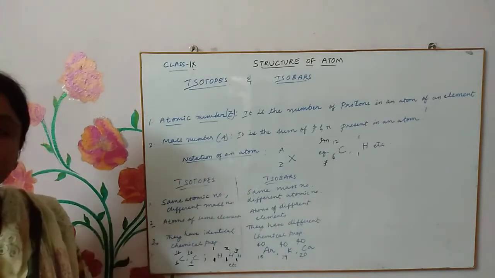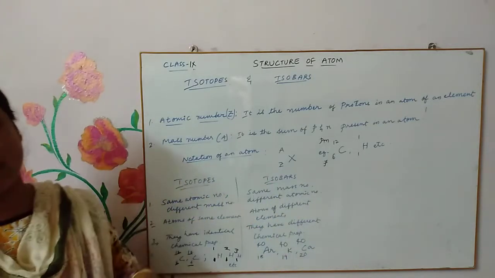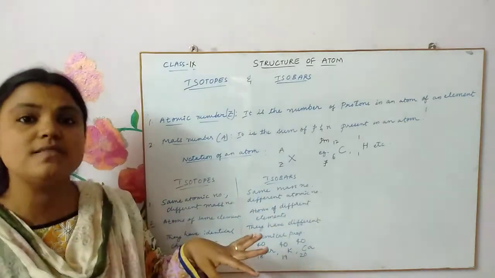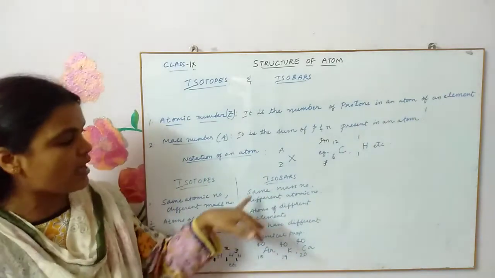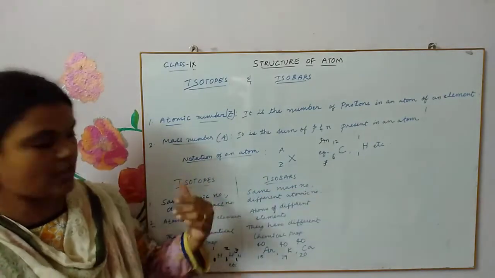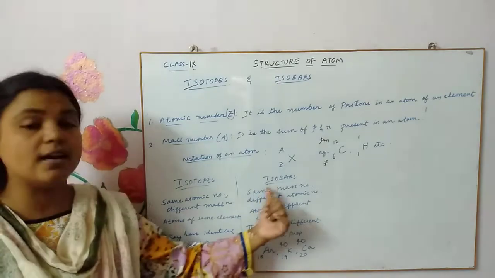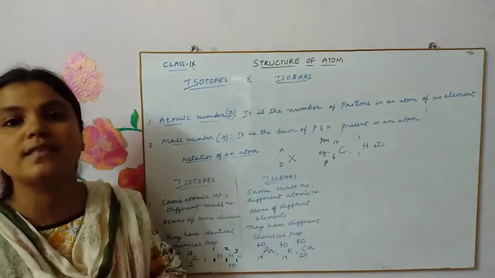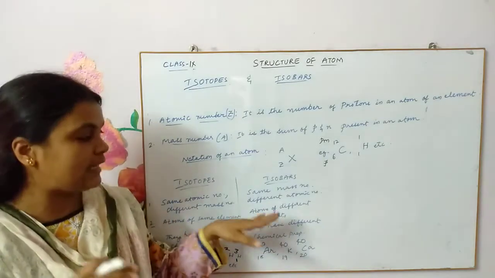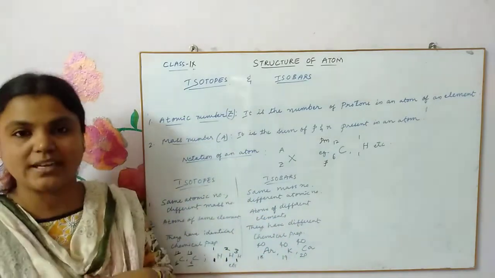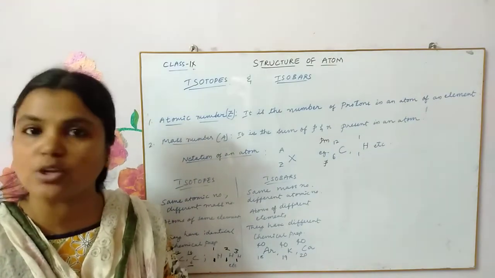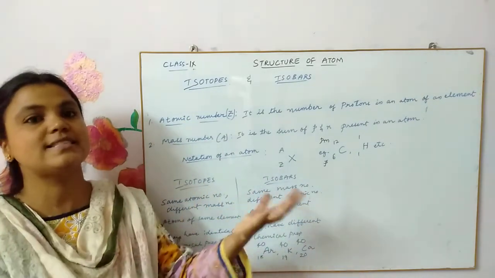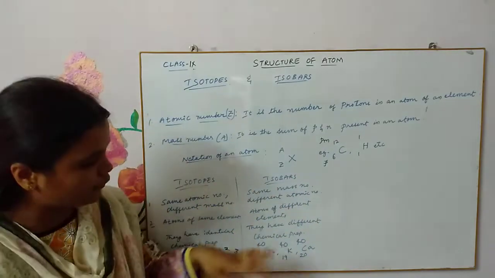I hope you got a clear idea about isotopes. Quite the contrast, nothing but the opposite, we have isobars. Here we have different elements having the same mass number. Here same atomic number, there same mass number but different atomic number. The moment I say different atomic number, it indicates that the elements are different. I told you no two elements will have the same atomic number. When the atomic number is different, automatically we can understand that the elements themselves are different, but they have the same mass number.